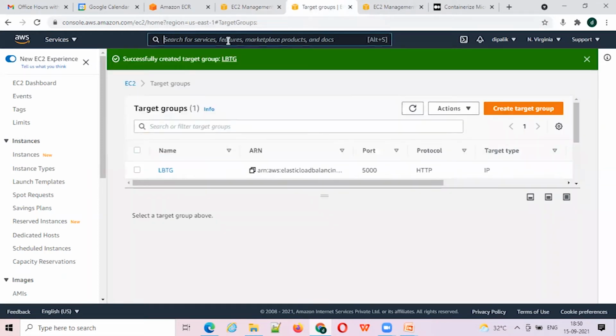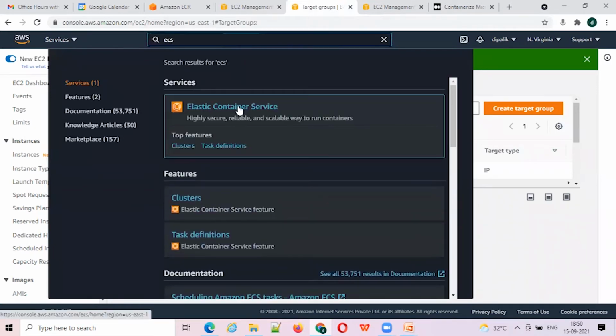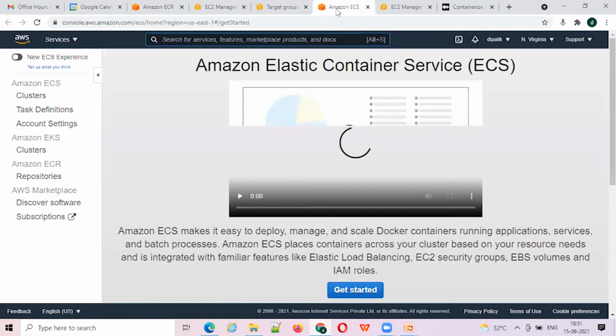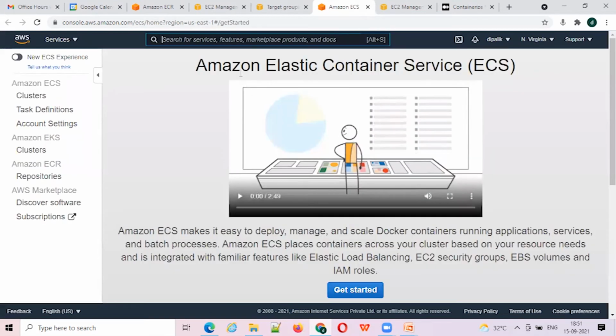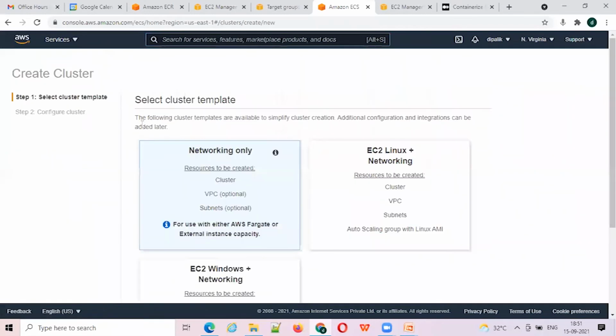So let me go to ECS. As we understand, it is Amazon Elastic Container Service, where we can run our containerized applications. So first of all, we need to create a new cluster for our application.